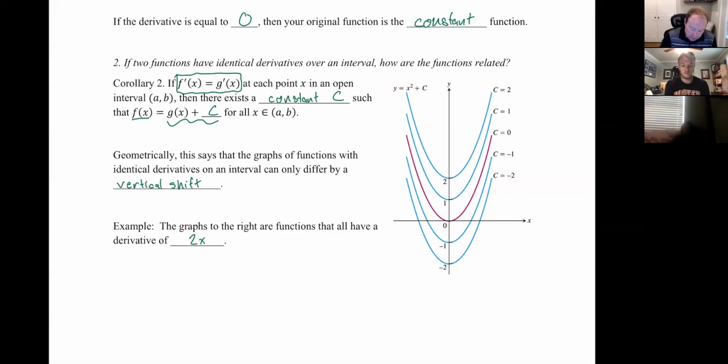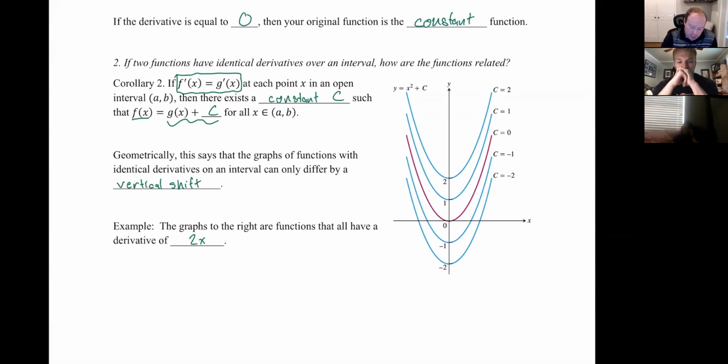So here's the answer to how they are related. Well, they're going to be related by just a constant factor. So this is an idea that we'll explore a lot more in Calc 2, but we are going to introduce it here, and then we're also going to spend some time with it on 4.8. And some of the difficulty in Calc 2 comes from the idea that we have to take everything that we did in Calc 1 and we have to do it backwards. So we're going to go ahead and start to think about that a little bit